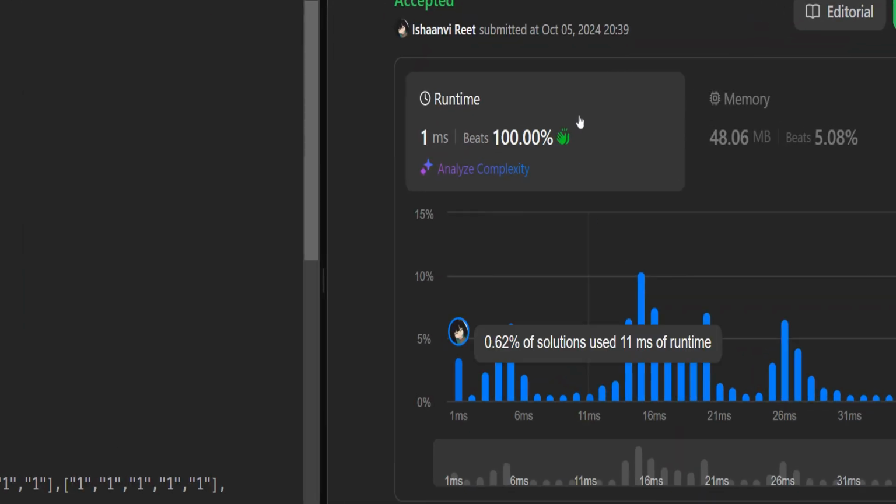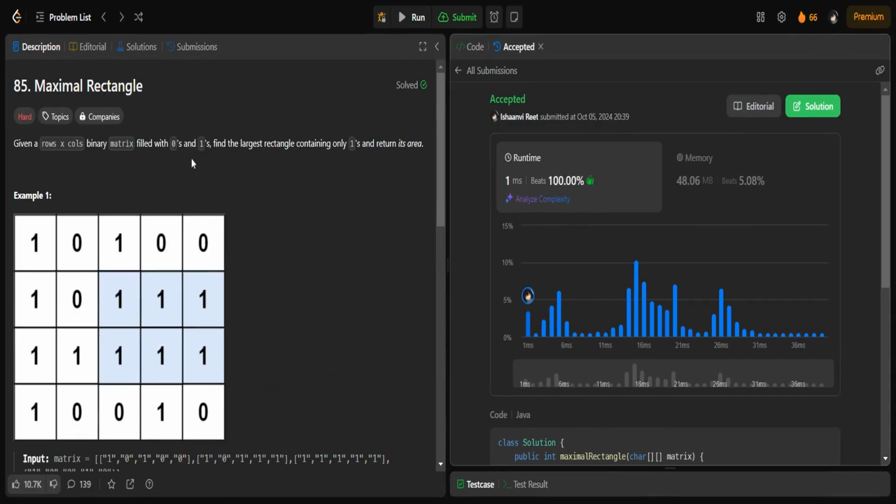As you can see, this was 100%, which means the main basic approach or intuition to this question is that we have to take a brute force approach where we'll take the left boundary and the right boundary separately, and we'll iterate over each element and check its left boundary, its right boundary, and its height, and we'll also check if that rectangle has one in it or not. That is all. Thank you.